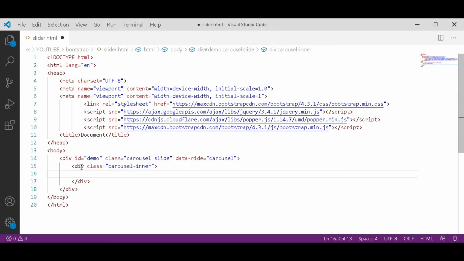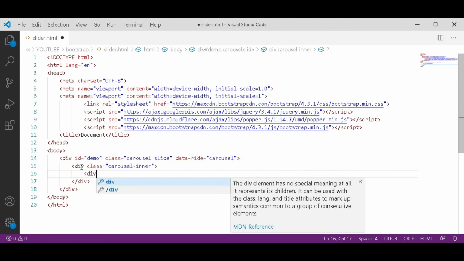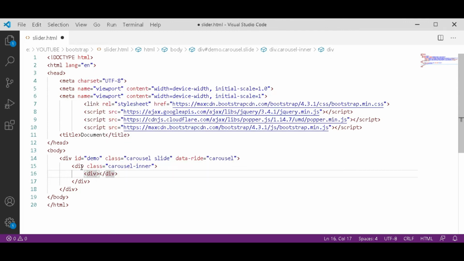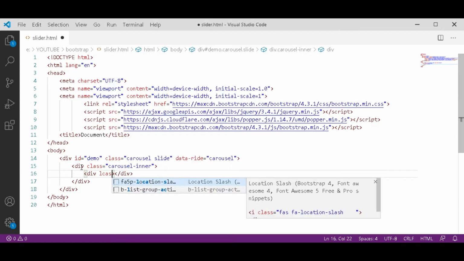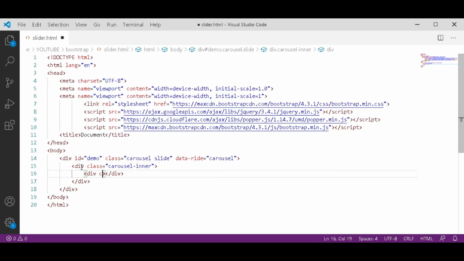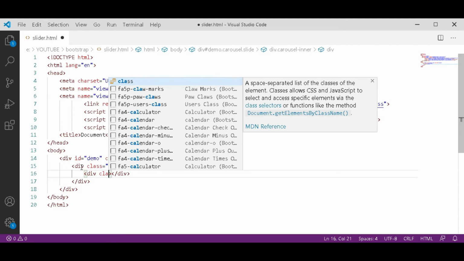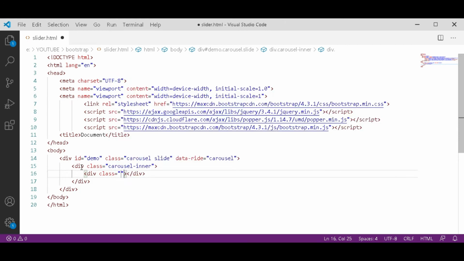In this div, open a new div, carousel-item, to specify that this div has data which has to slide.